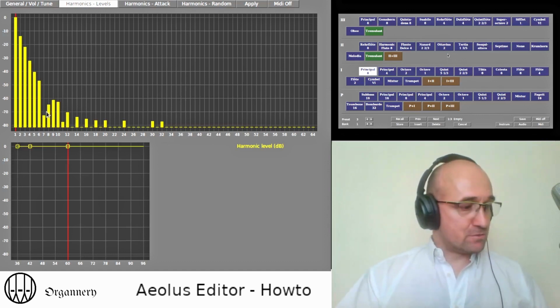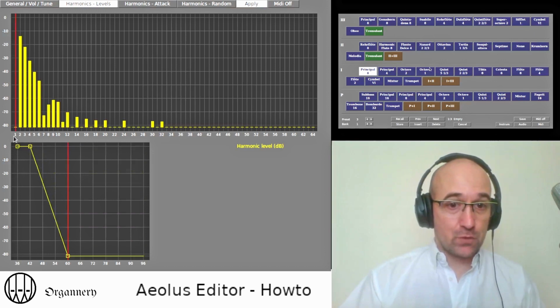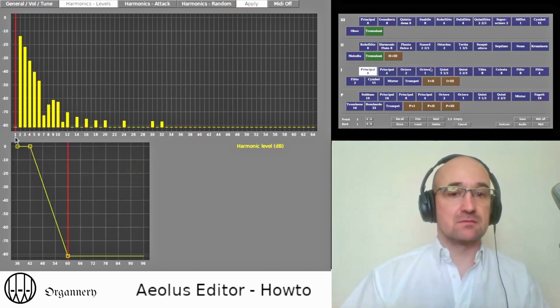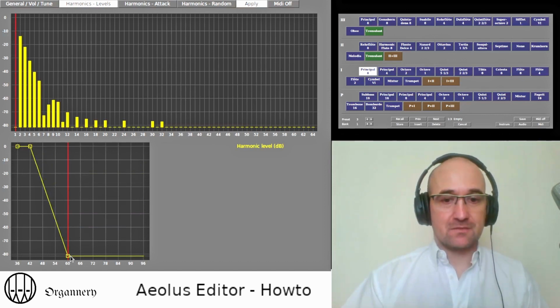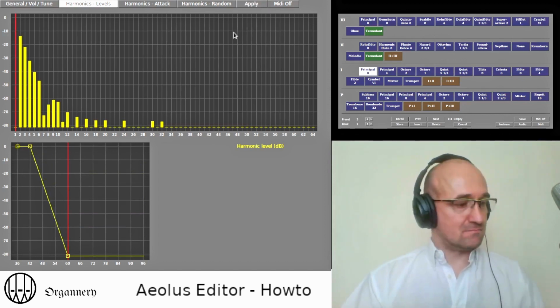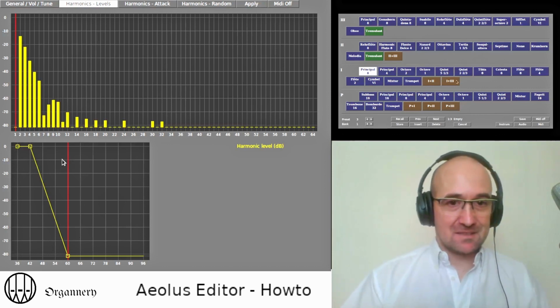Once again, I'm going to do something really silly, which is to remove the first harmonic, the fundamental, from this space around the center of the keyboard. Oh, we have lost the sound. Let's bring it up.